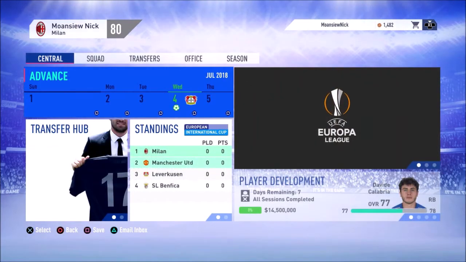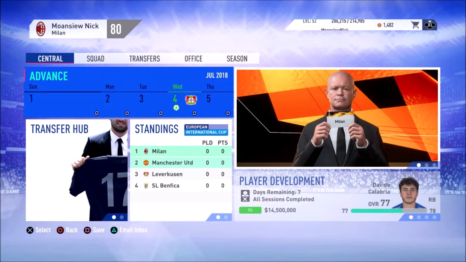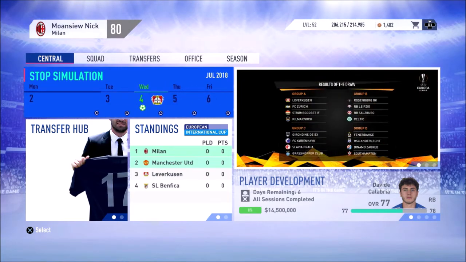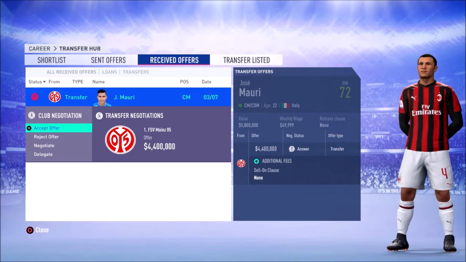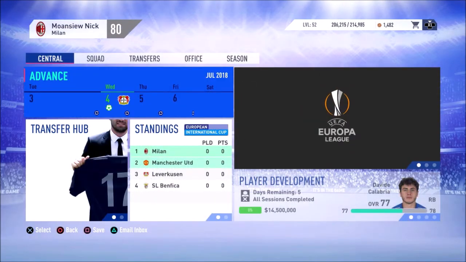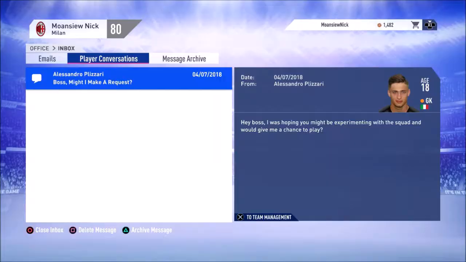Obviously won't get any progress so far, with being so early on, and I did go into a pre-season tournament, which is the European International Cup, which we have Manchester United and a couple other teams, as we get a bid in here from Murray for 4.4 million, which I'll just accept. Just want to get them out straight away. We also have Leverkusen and Benfica in our group as well, and you can see that Leverkusen is our first match as well,